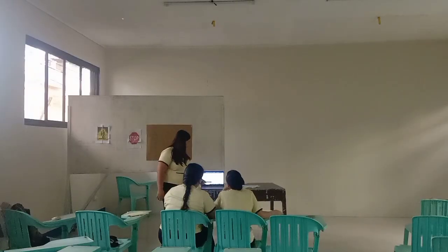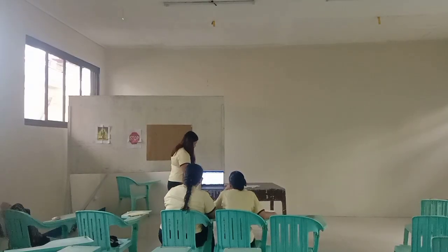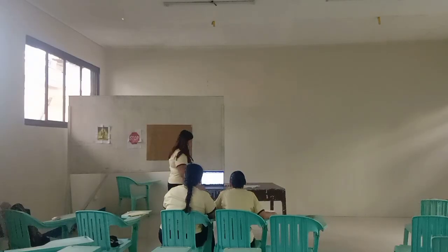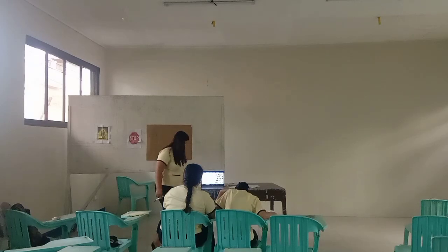Then we have here an irregular pentagon. As you can see, irregular polygons are distorted or sometimes abstract. It really depends on how you as an individual form these specific polygons. But it needs to satisfy the rule that it needs to be a closed figure in order for us to determine if it's a polygon. So we already know the difference between regular and irregular polygons, right? Yes. Okay.